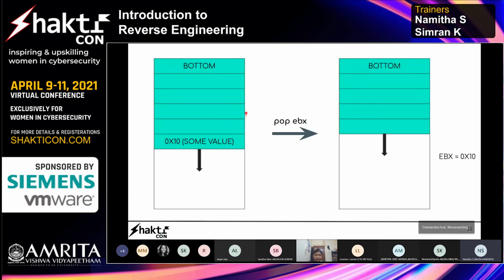Here you can see that there is a value 10. I want to pop it out, so I take that value and put it into EBX, but there is still a vacant space. So we add 4 bytes, which you'll understand later, and then you just shorten the array length. Here we are just popping the value into EBX, and there is no value left in the stack.